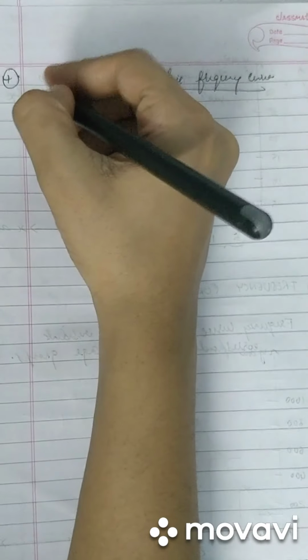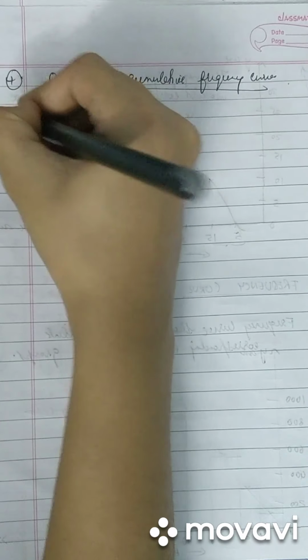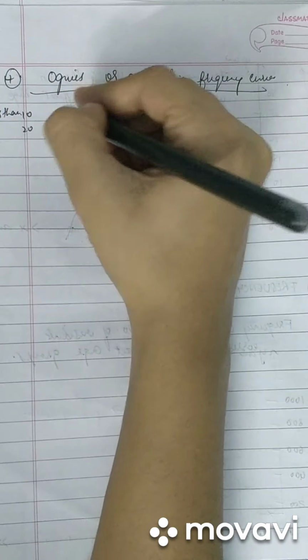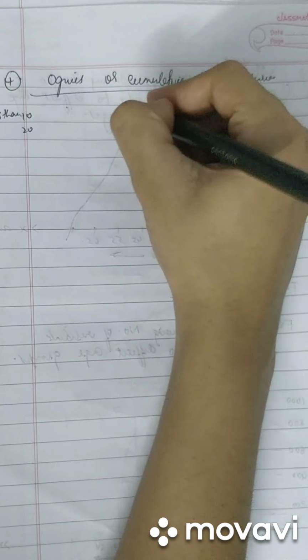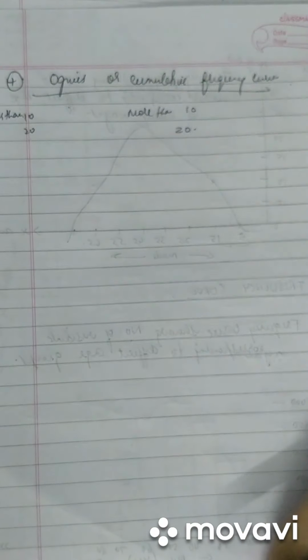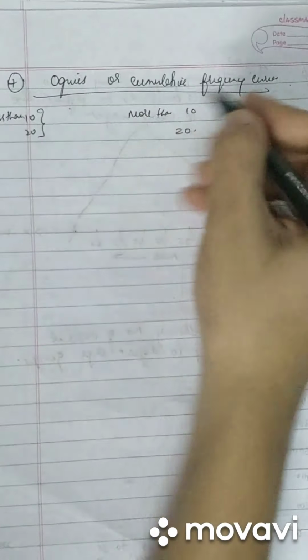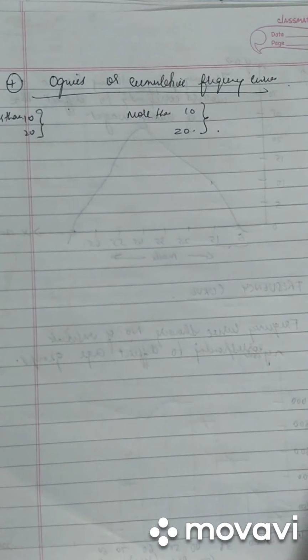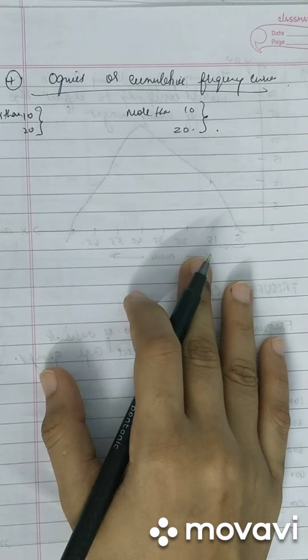So in case of less than, they would be giving us the data like less than 10, less than 20, less than 30 and so on. And they would be giving us the frequencies. And in case of more than, they will be giving us more than 10, more than 20 and so on. Like we had studied in our frequency distribution, they used to give us the data of less than and more than. And we used to convert our frequency into cumulative frequency. That is the same way we would be doing in ogives.